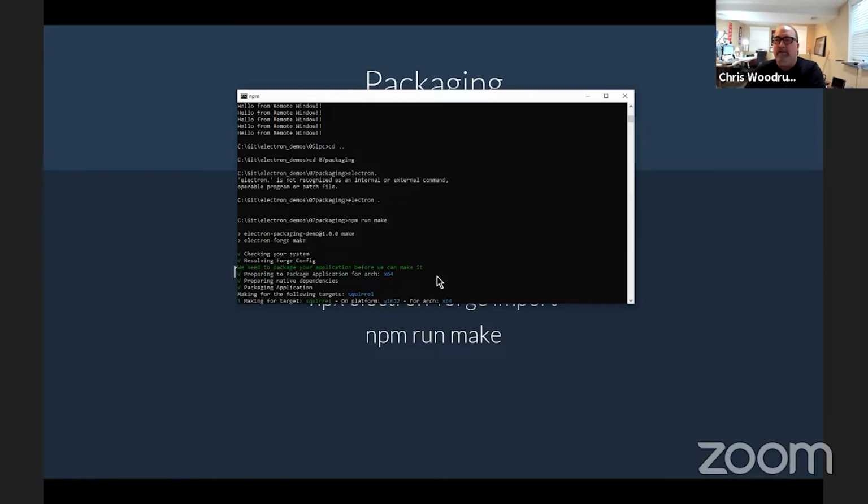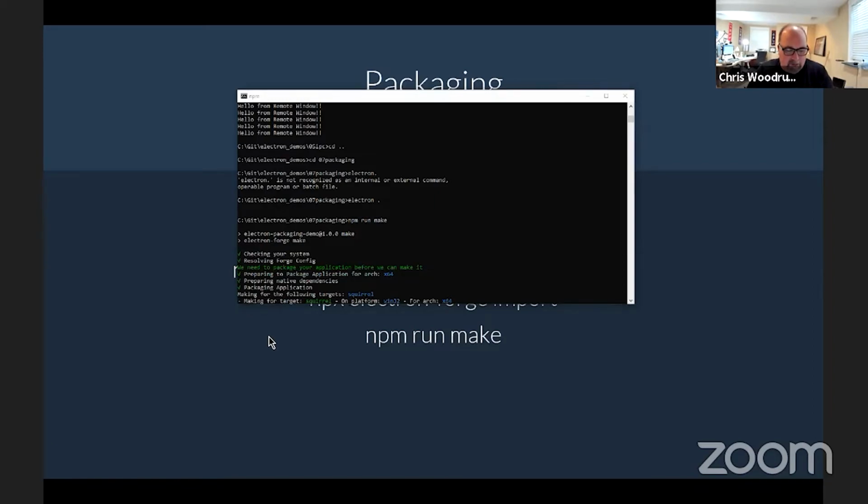It tells you what it's building. So for this, it's using a 64-bit architecture. We are going to make using Squirrel, so it will be having this auto updating capability if you want that. It's turned on automatically. So this is using Windows and 64-bit Windows exactly. So it takes a second to build up.